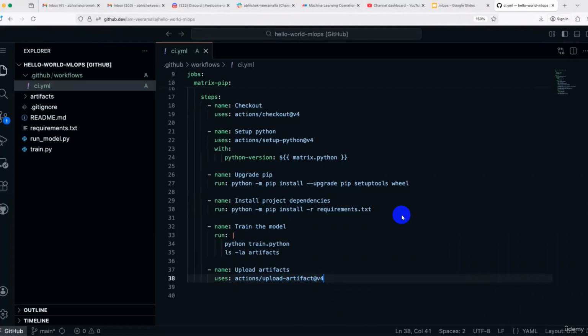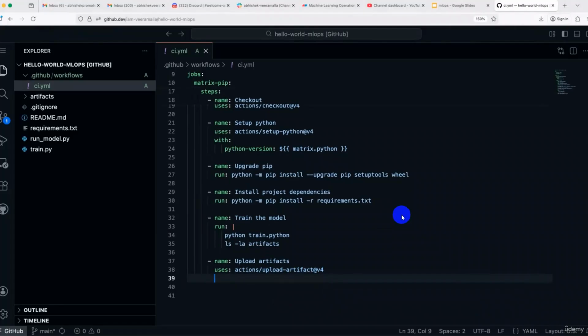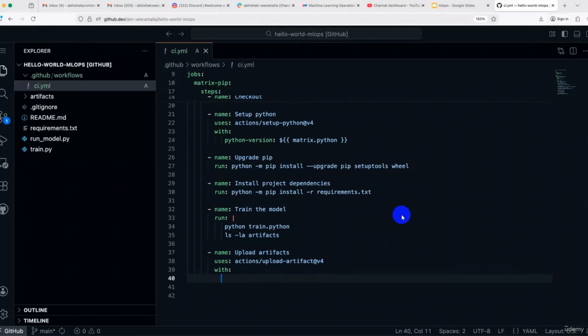Okay, so this will upload the artifacts. But once again, which artifacts should it upload? So I will say with name. I'll provide a name for the artifact. I'll just call it ml-artifacts,